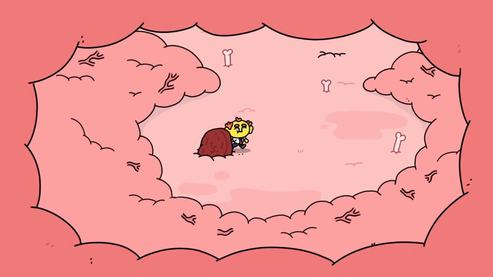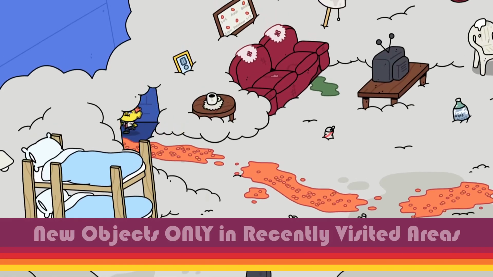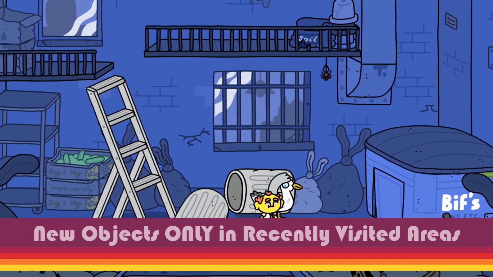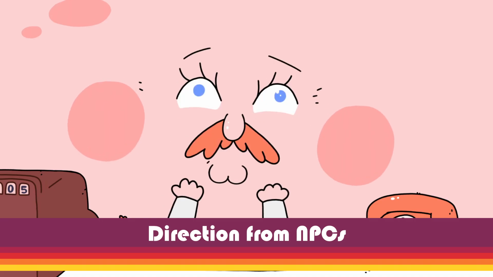In Thank Goodness You're Here, they did this by either making sure the only objects in the area are puzzle related interactable objects, introducing a new puzzle related interactable object to an area the player was just in so their mind is as fresh as possible to spot the difference, or using NPC dialogue to communicate to the player what is